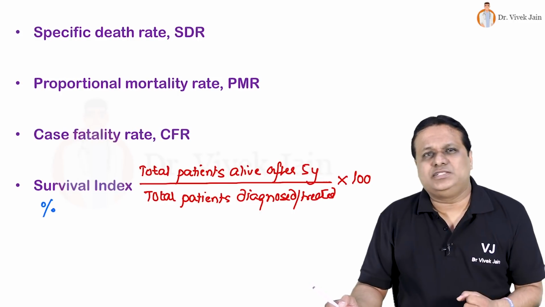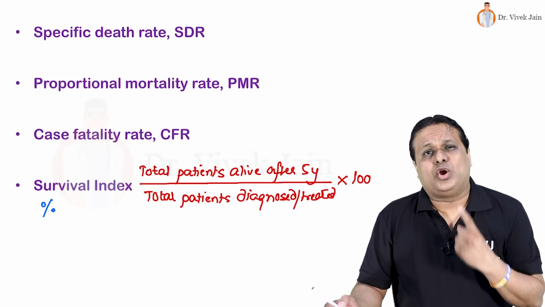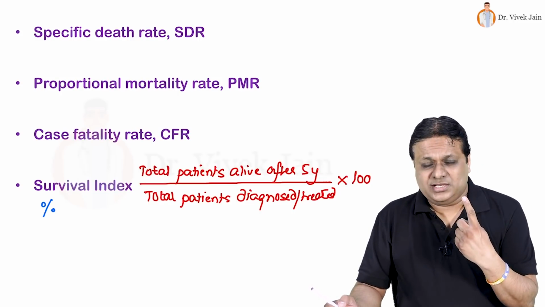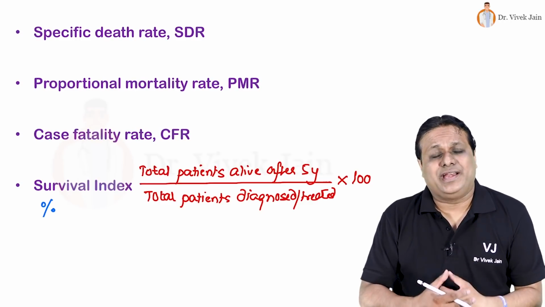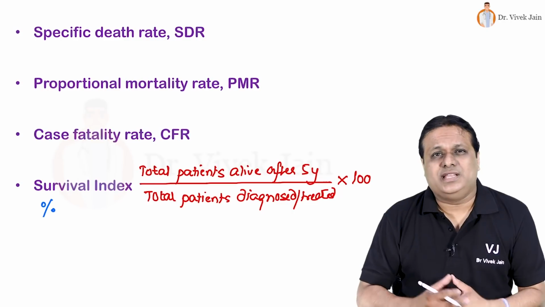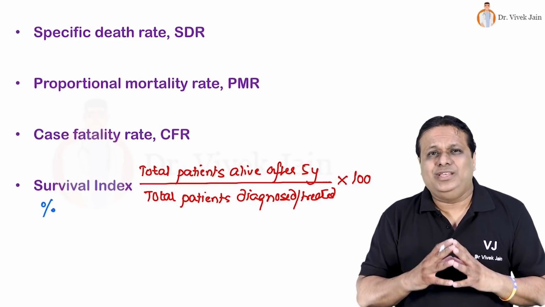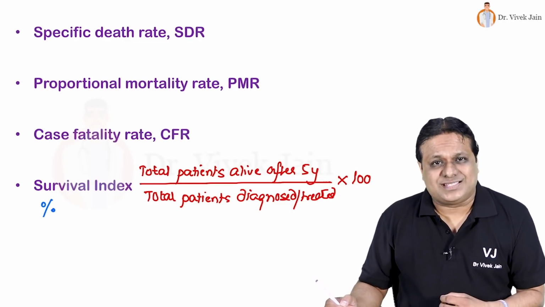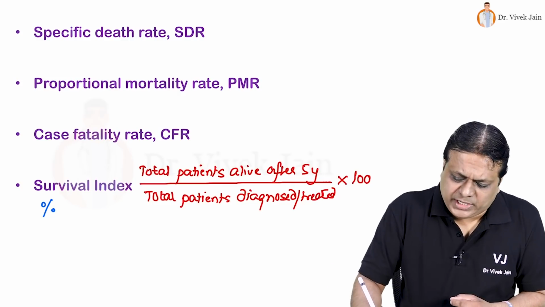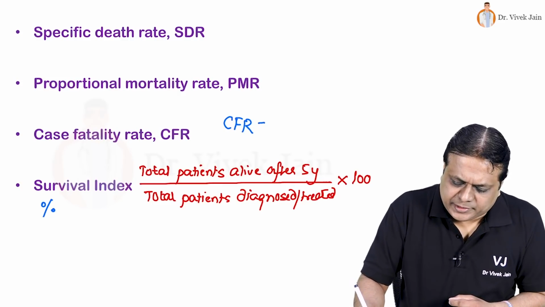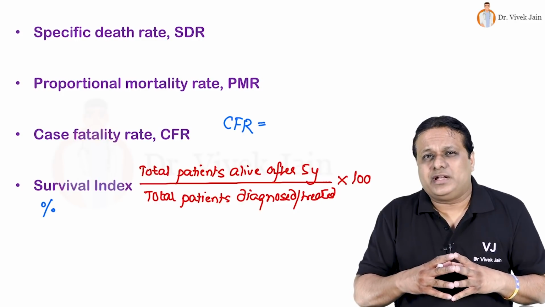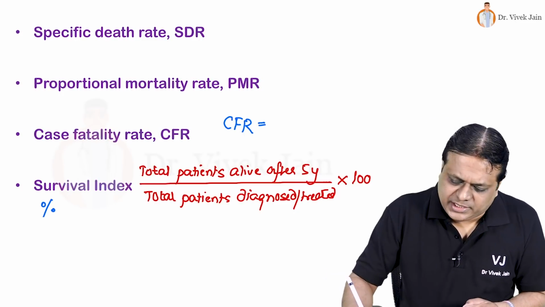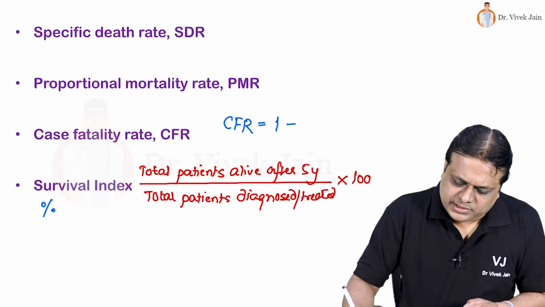Two major advantages of survival rate. It not only tells you prognosis, but it also helps you assess the yardstick for treatment or standards of therapy. This survival rate is mainly used for studies of cancer. Please remember, when we look at case fatality rate, I initially mentioned mortality is complementary to survival. So case fatality rate is 1 minus survival rate.